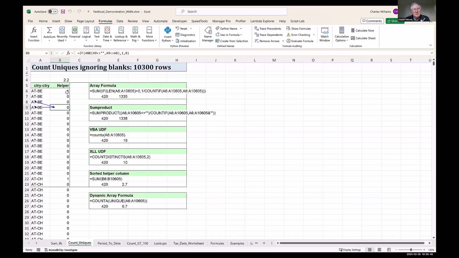This helper column only takes a couple of milliseconds to calculate. And then I can... sorted. Yeah, it has to be sorted. Absolutely. And then if I do a sum of the filter column, that's very fast